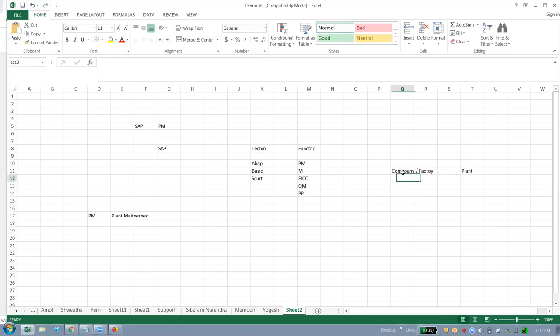Plant is the place where business activities are carried out, any kind of business activities. That is called a plant. And M is maintenance. Maintenance is nothing but carrying out some activities to keep the system ready to carry out our business activities. So this is what SAP PM is.